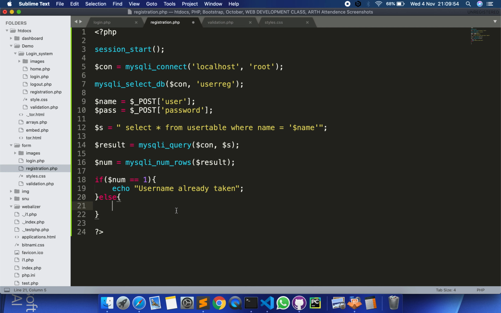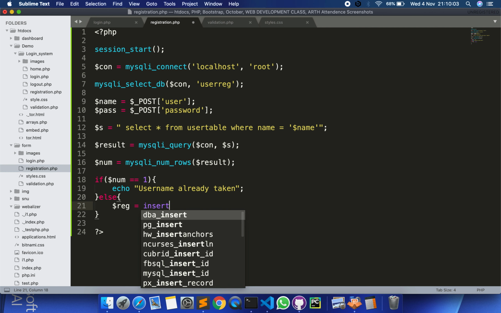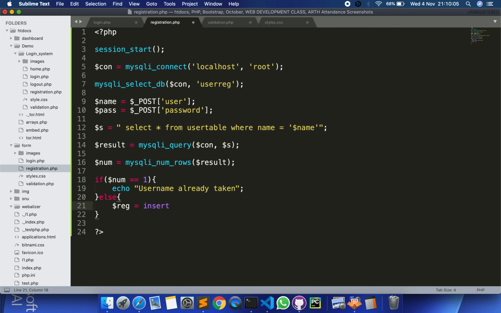So let me create another variable $registration, and here, if that username is not present, we need to insert the data into our database.